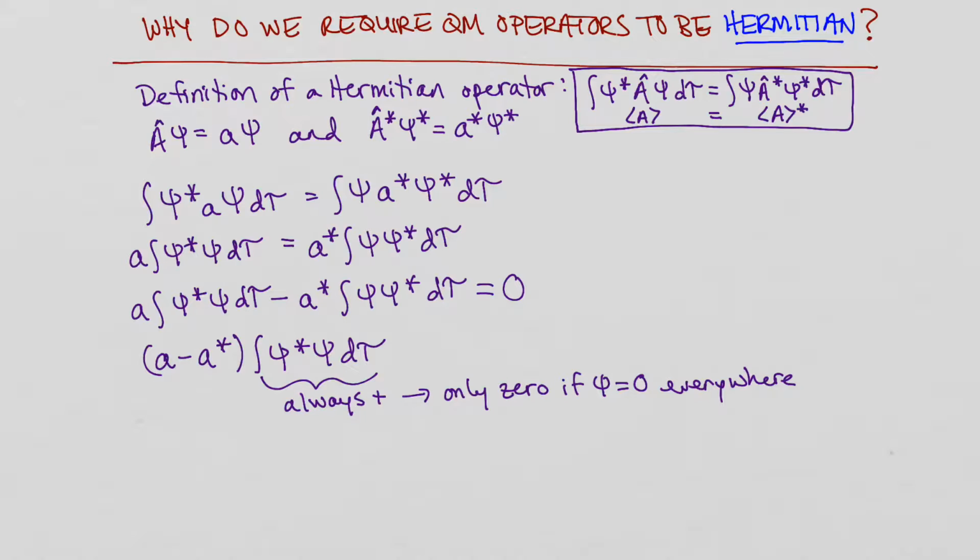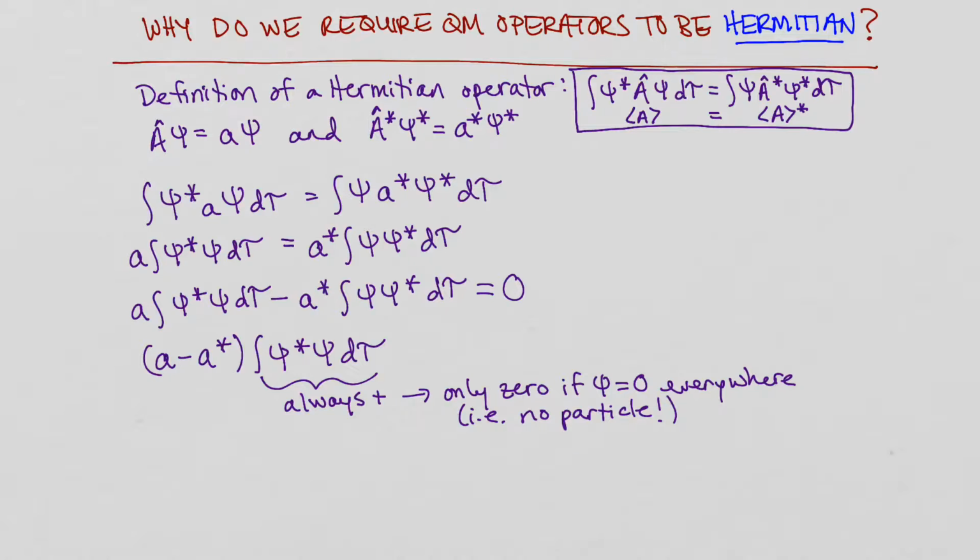Remember, if the wave function is 0, that means there's no particle anywhere, and that is not the most interesting question for us to be spending our time on. So we don't pay attention to those situations. Here that would be a condition where we have no particle. No bueno. We don't want that situation. So we're going to stick with always positive for any interesting situation that we would encounter,